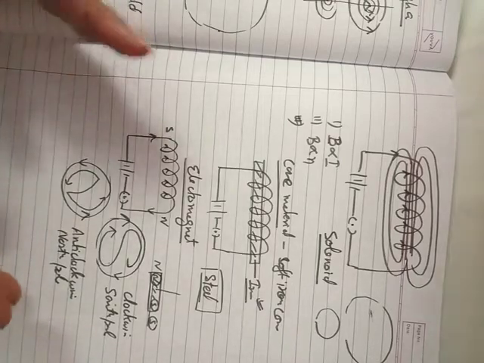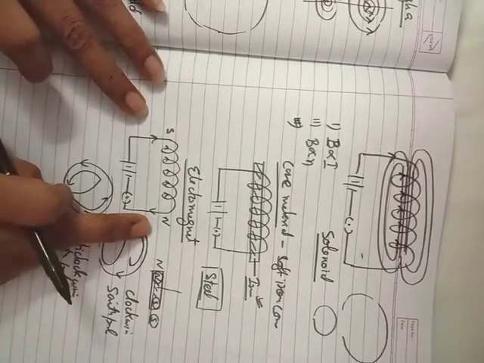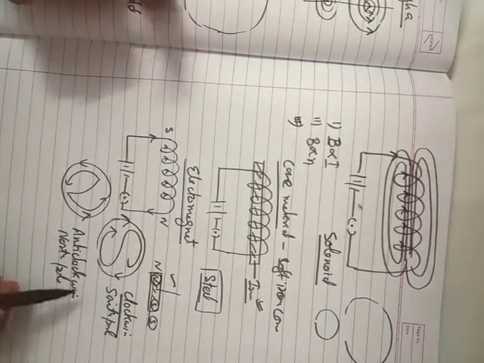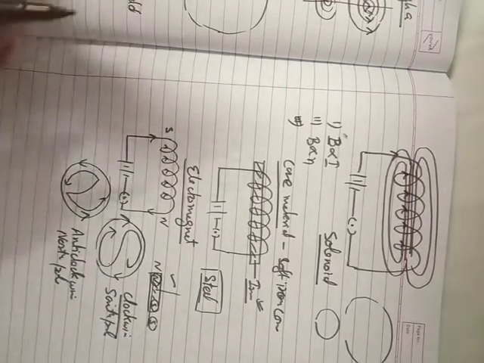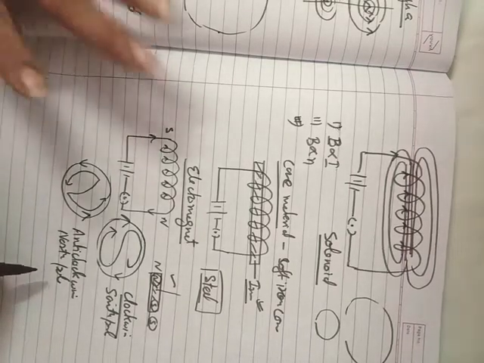Okay, then we can find the poles of this solenoid by using a bar magnet, or by using this one, that if the direction of current is clockwise, it will be a south pole, or if it is in the anti-clockwise direction, it will be a north pole. Okay, now